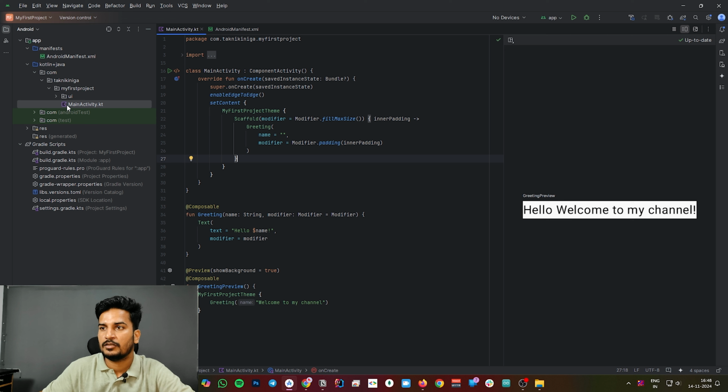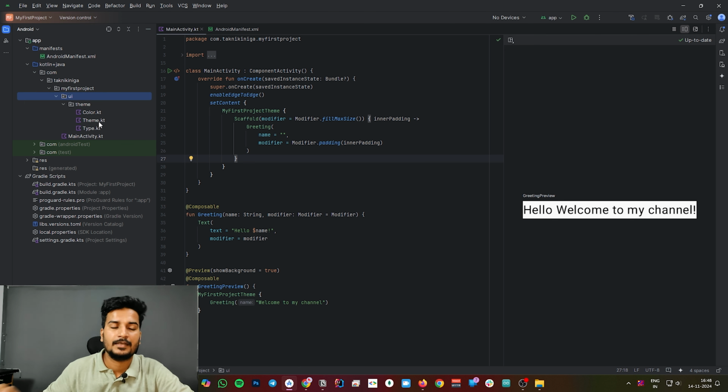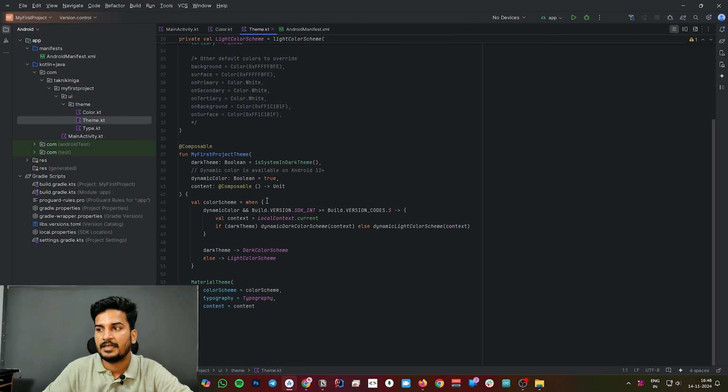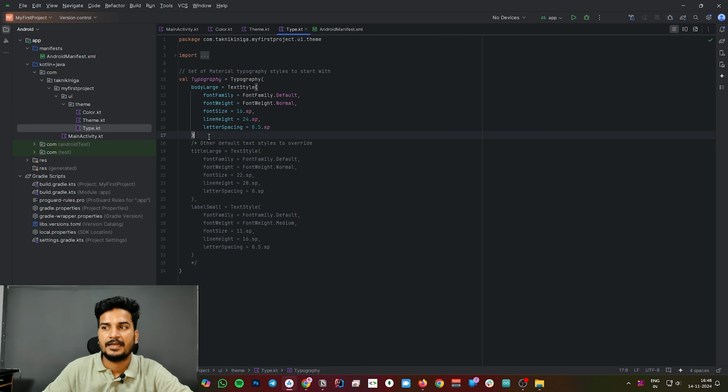We have our MainActivity here. In the UI section we have our application theme, colors, and a bit of customization, and also Type. Type means the font stuff, whatever font you want to keep for your application. You have to decide that here.